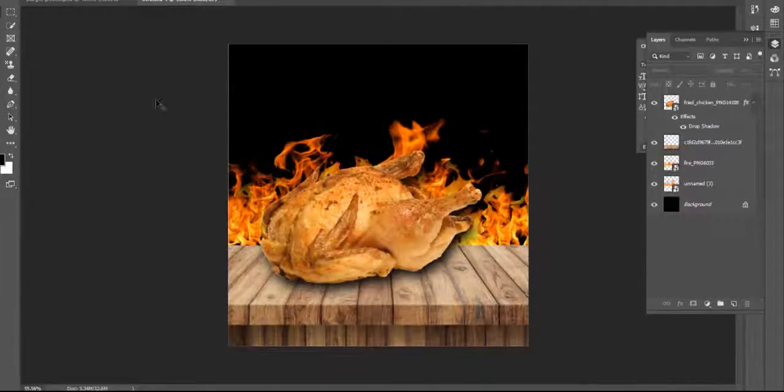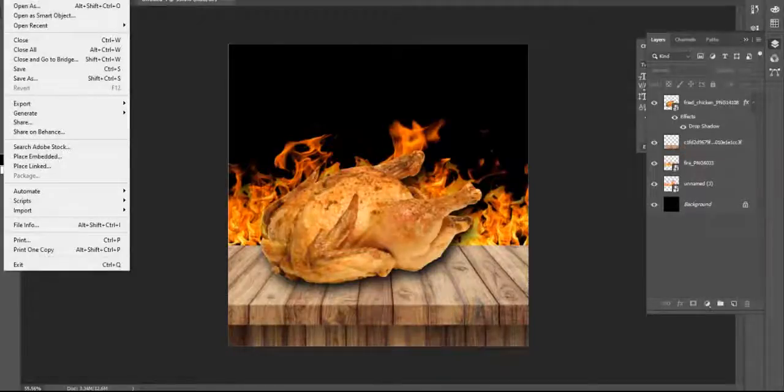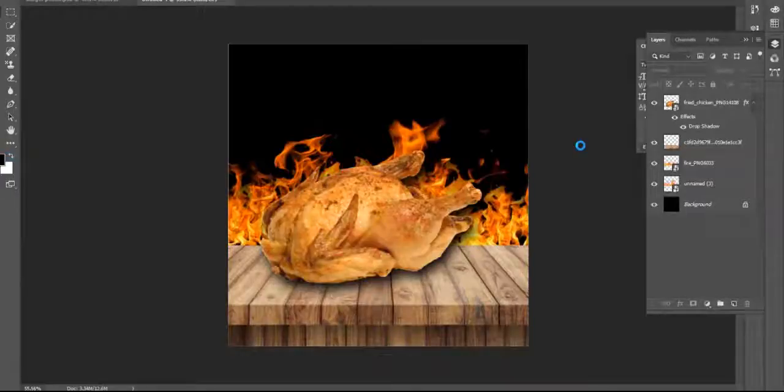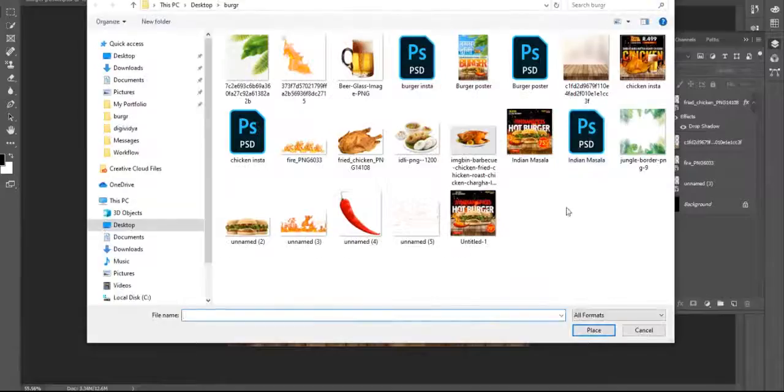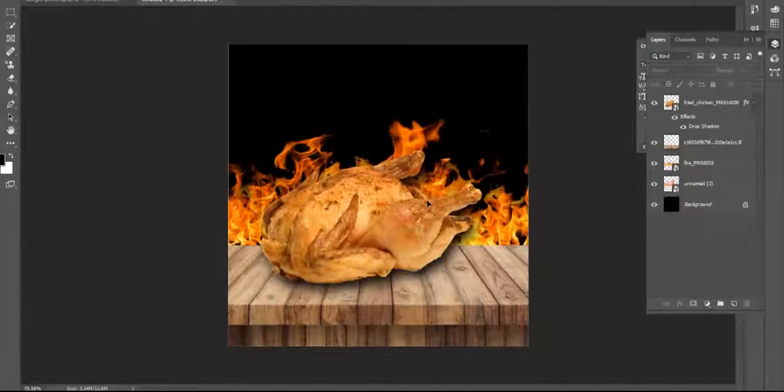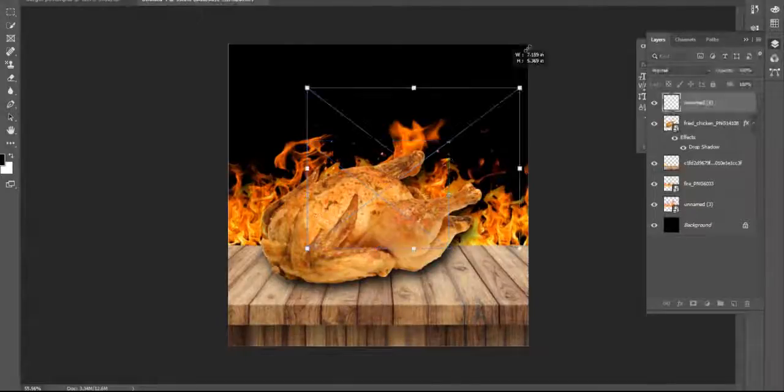If you want to master Photoshop, you have to learn to manipulate the layers. How can you easily manipulate the layers? The next step is I go to File and place another image. Right now I need some particles, so here are some particles.